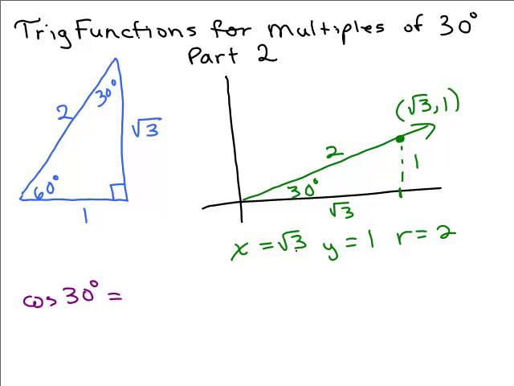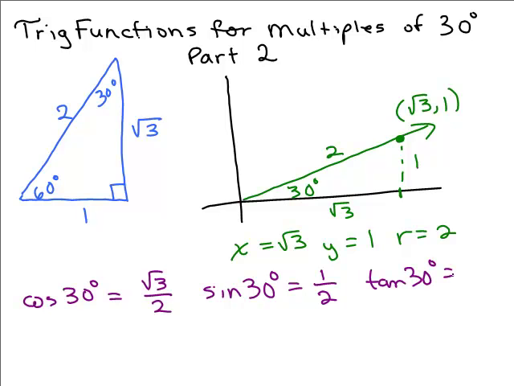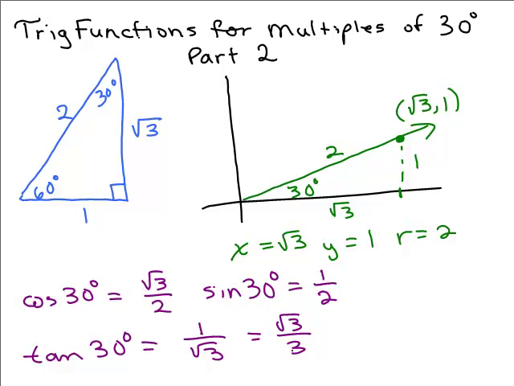The cosine will be square root of 3 over 2, x over r. How about the sine of 30 degrees? Well, that will be y over r, or 1/2. And how about the tangent of 30 degrees? That will be y over x, so that will be 1 over square root of 3. I'm going to need a little more space for that one, so I'm going to come down here. The tangent of 30 degrees would be 1 over square root of 3, which if you rationalize the denominator by multiplying the numerator and denominator by square root of 3, could be written as